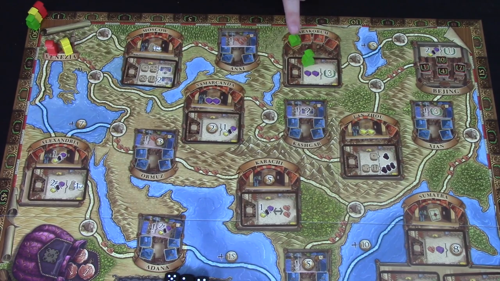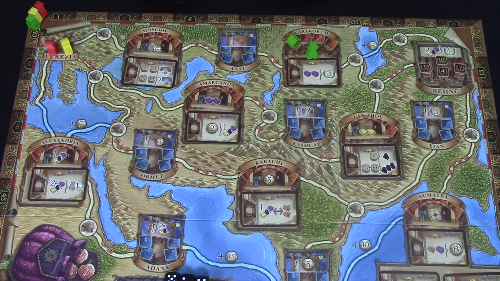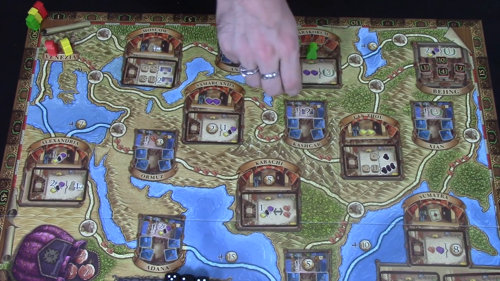You can only have 1 in each city, but I've placed 1 in Karakoram. I'm assuming I've said that wrong, but there you go. That means in future turns I now have another action available to me. I have this action here,